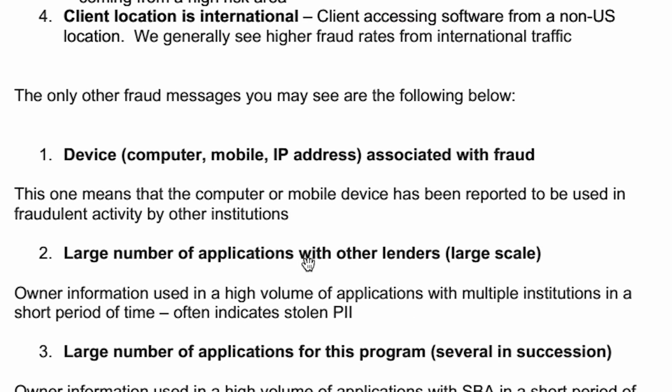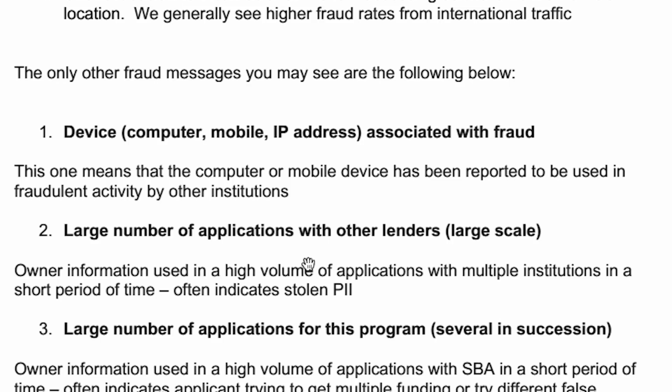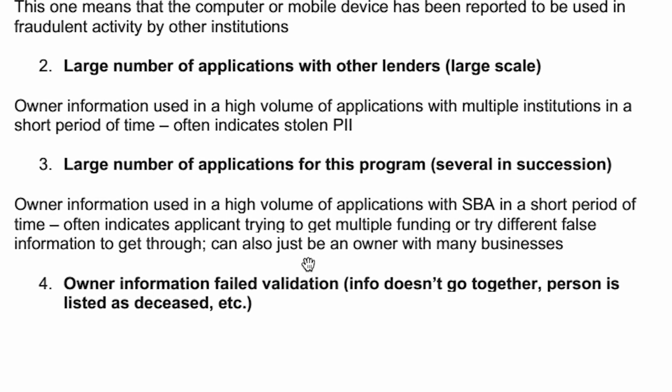Device, computer, mobile IP address associated with fraud. This one means that the computer or mobile device has been reported to be used in fraudulent activity by other institutions. Large number of applications with other lenders, large scale, owner information used in a high volume of applications with multiple institutions in a short period of time, often indicates stolen PII. This basically means that for some reason, as per the Office of Inspector General, the report called for financial institutions to share more information with the Small Business Administration in order to prevent dispersing funds to people who filed fraudulent